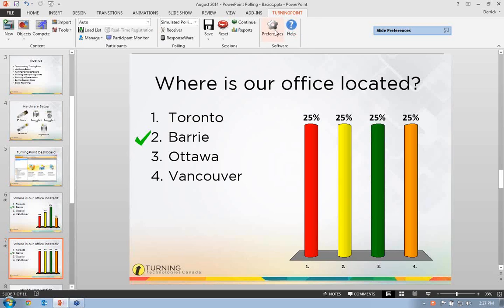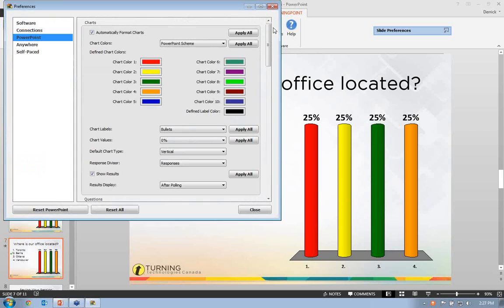So what you can also do is on the TurningPoint toolbar here, there's the Preferences button. And if you come in here, you also have chart color options. The difference is once you change them here, you can hit this Apply All button, and it will update the chart colors on all the charts on all 25 polling slides within that presentation. Okay, so it's a very quick and easy way to make like a mass update change to all those polling